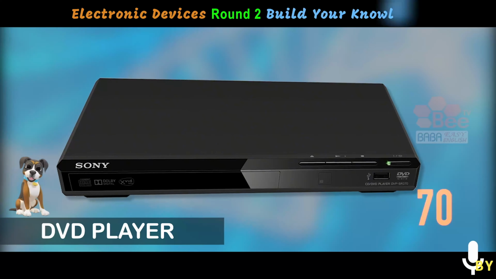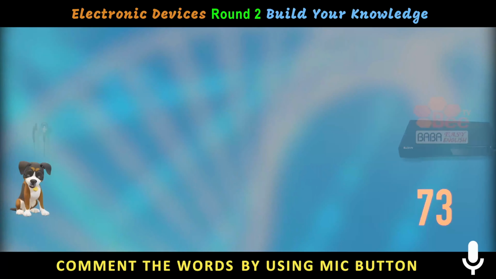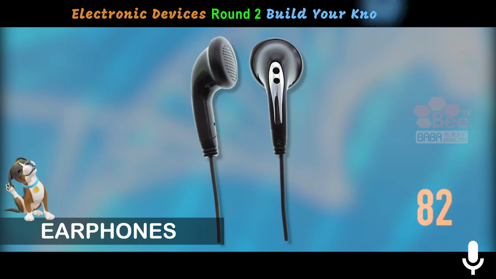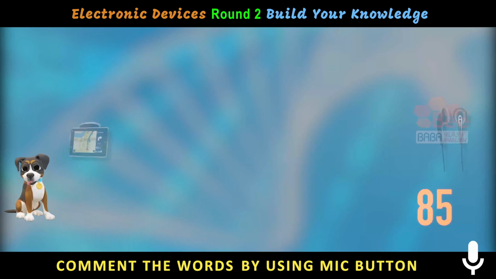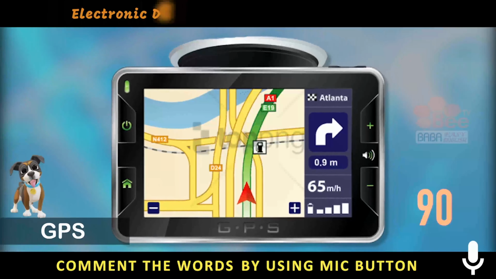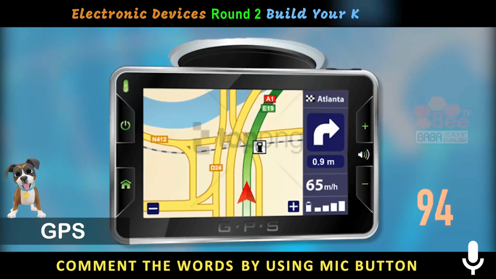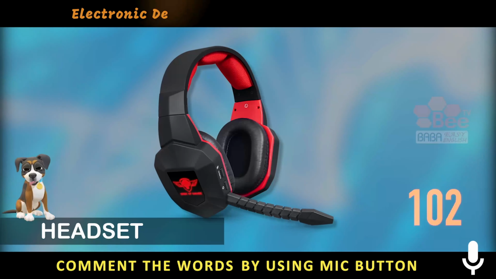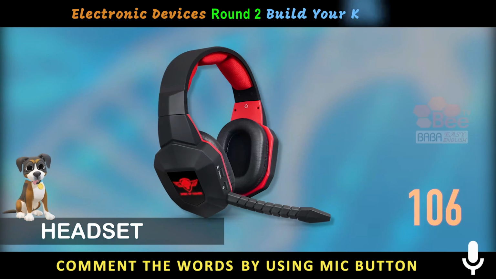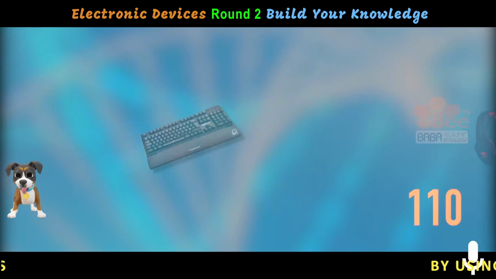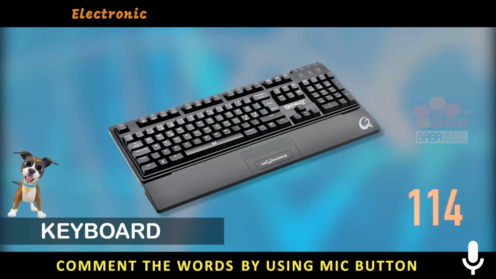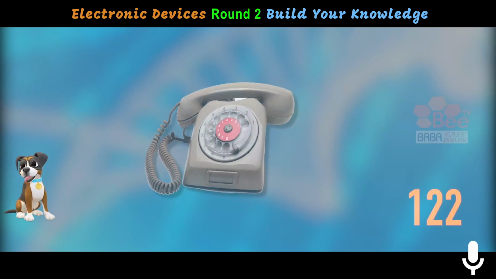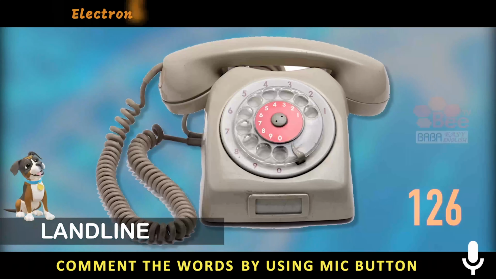DVD player. Earphones. GPS. Headset. Keyboard. Landline.